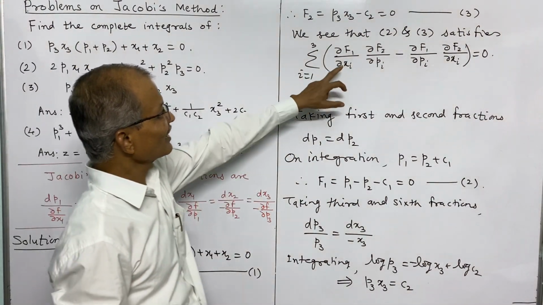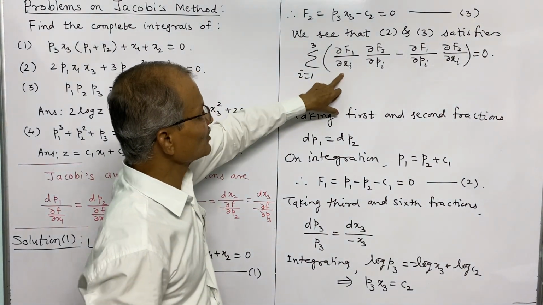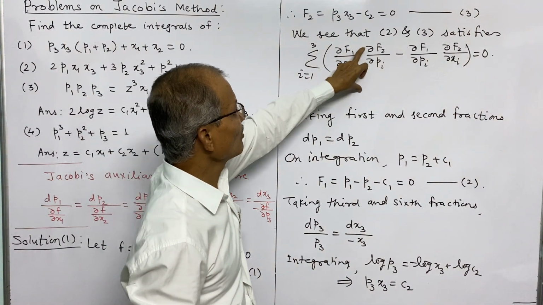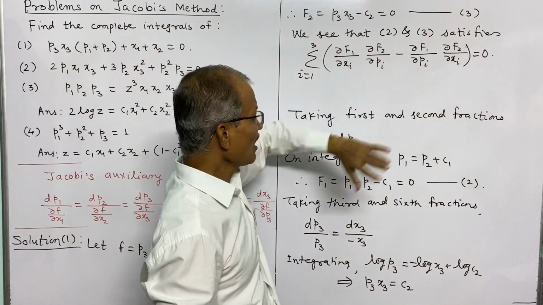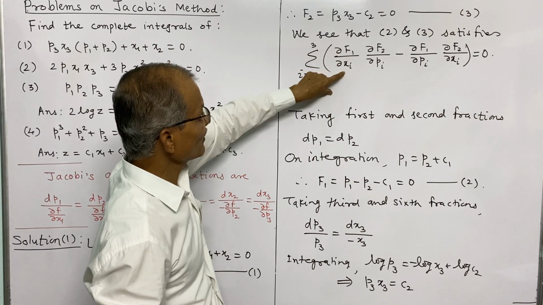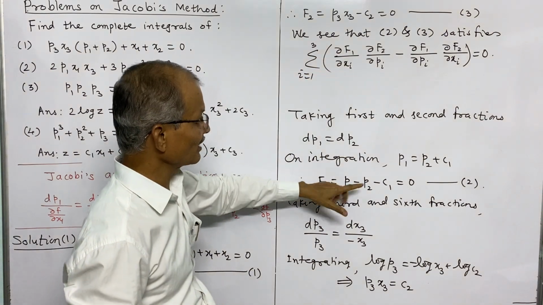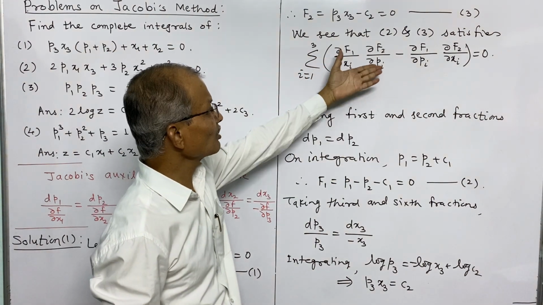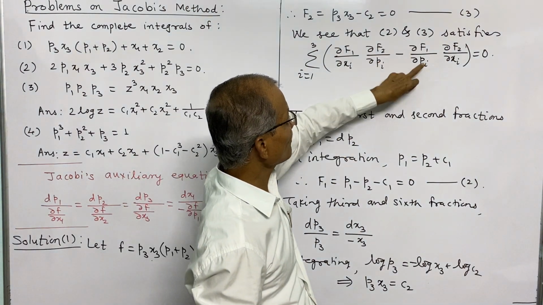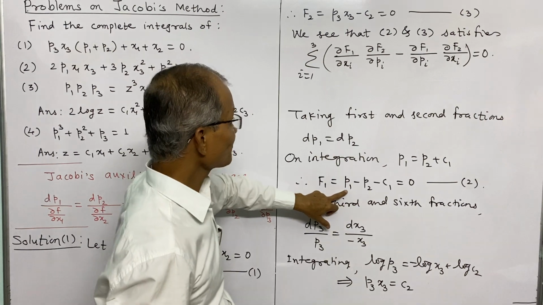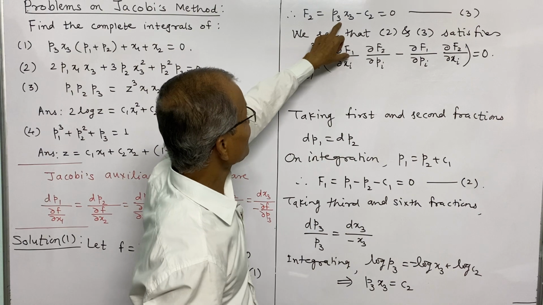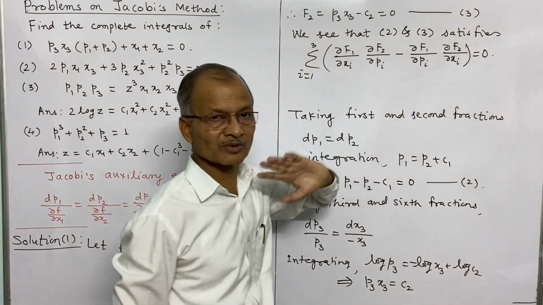Now see, for the first term, I takes value 1. So this will be the partial derivative of F1 with respect to x1, dou F2 by dou p1 and so on, and we will verify this. Notice the partial derivative of F1 with respect to x1: there is no x1, so that is simply 0. And if this is 0, the whole first term becomes 0. Now next, what is dou F1 by dou p1? That is 1. But what is dou F2 by dou x1? See, F2 is here, that is 0. So the first term is 0.